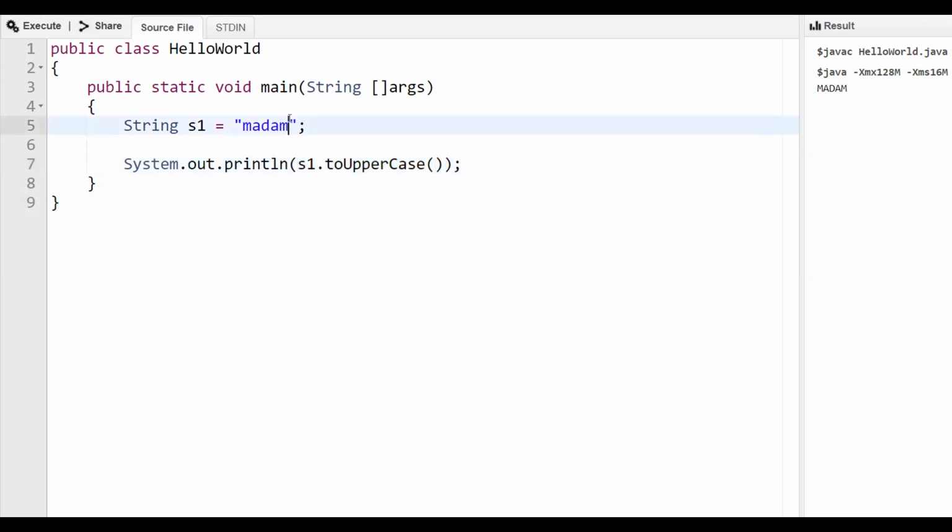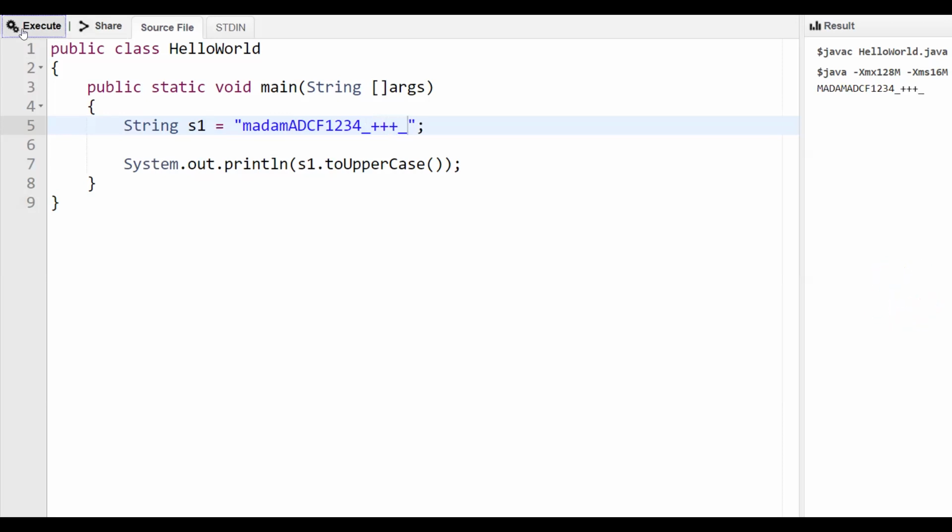Suppose, see here, some uppercase letters are already present. These uppercase letters are unaltered, so they remain as it is. Even though integers or special characters are present in this particular string, all those are unaltered, so they remain as it is.